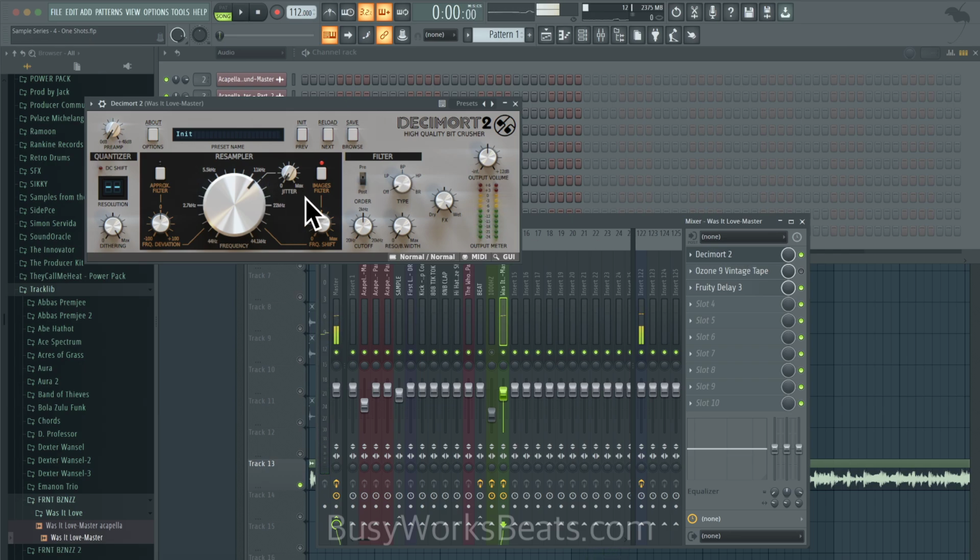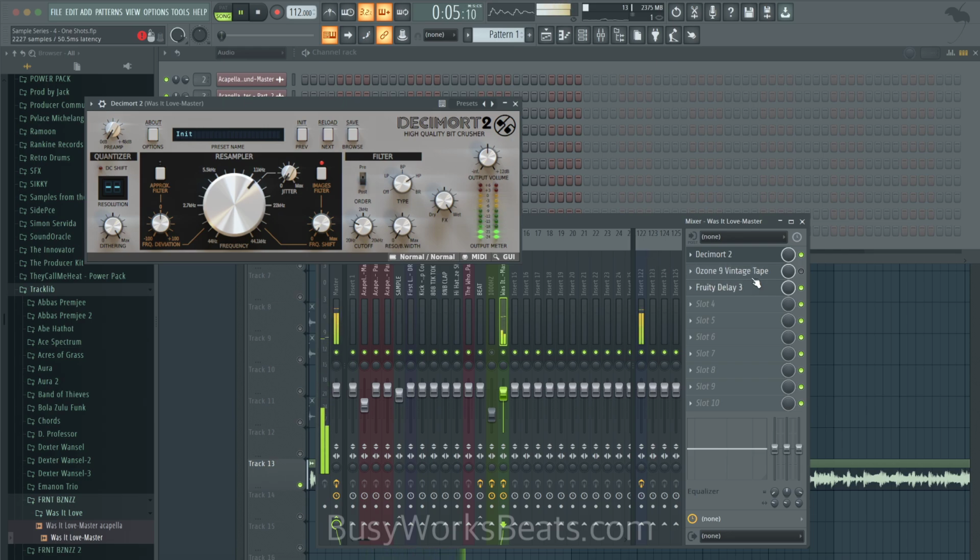Now, most people, when they resample like that, I like to cut out the lows too, because you have to think about older playback systems didn't have sub bass. Like in the 60s in their car radio, they did not have subwoofers listening to talk radio. They were not riding down the street with 12s bumping. So they did not have as much low end bass that we have today. So think about that. I'm going to add a high pass filter to get rid of the lows. It says right here the cutoff is 600 hertz. It's a pretty safe spot. So we took out the super highs and the super lows, and we're left with this kind of bandpass area.